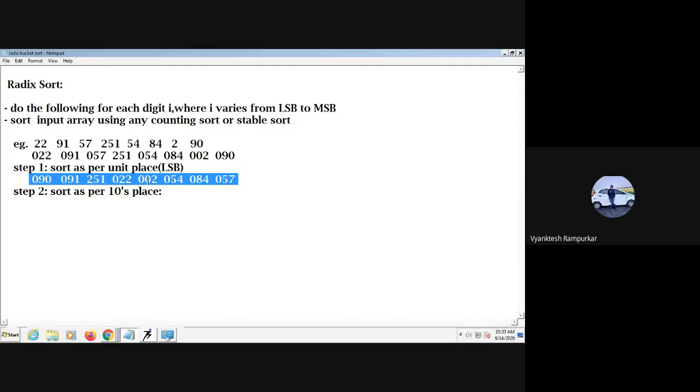I think it is 002. So it becomes 002. Then next number is 022. Then next one is 054, 084. Sorry, 054. After that we get 251.